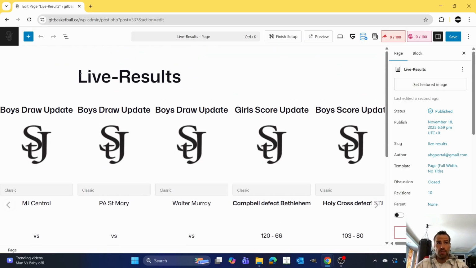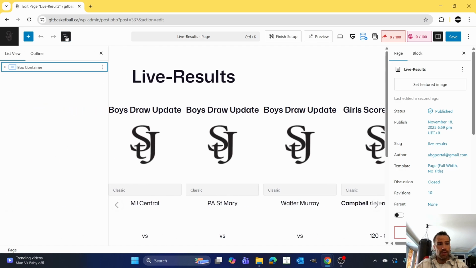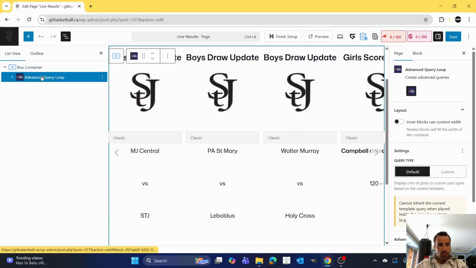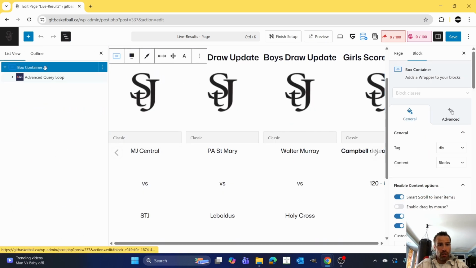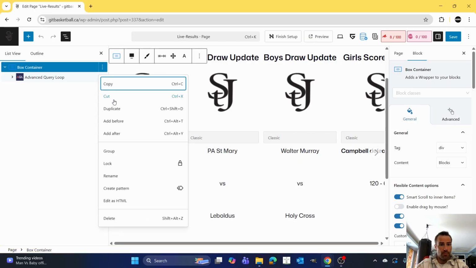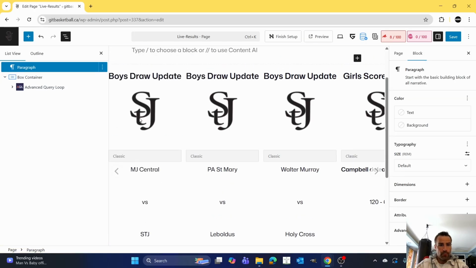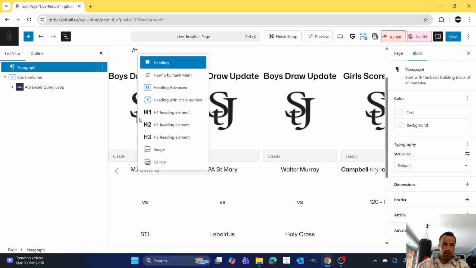Which you do these things. You could set up this query loop first, then add the gravity forms, then do the post creation. You're going to have to add those categories somewhere, and that's one thing I didn't do. So remember, if this is going to be boys draw, I would want to label that. So above the box container, I would want to say,